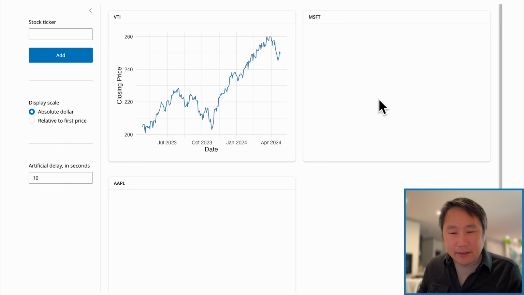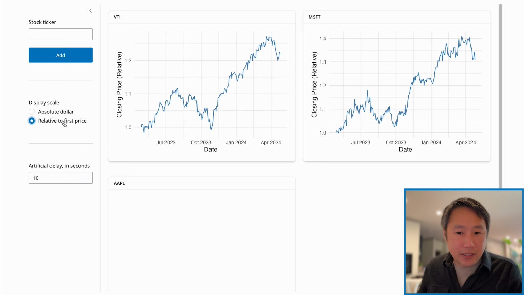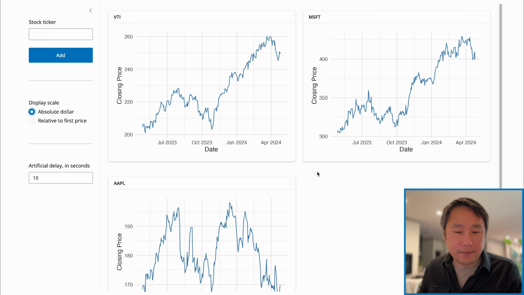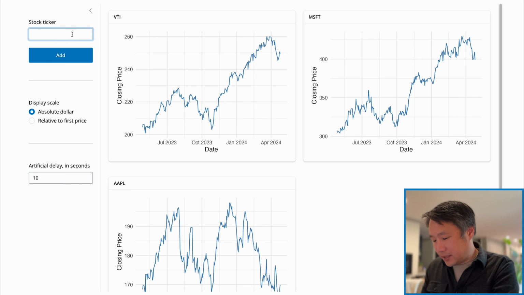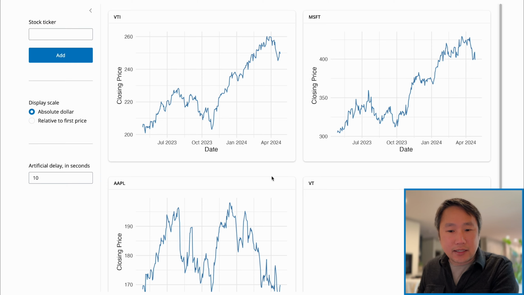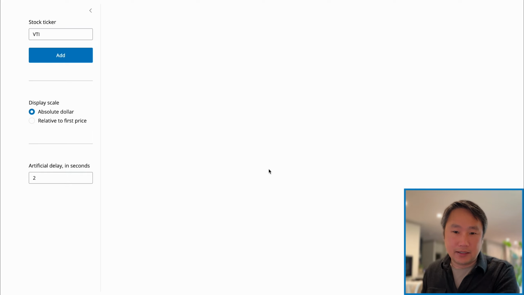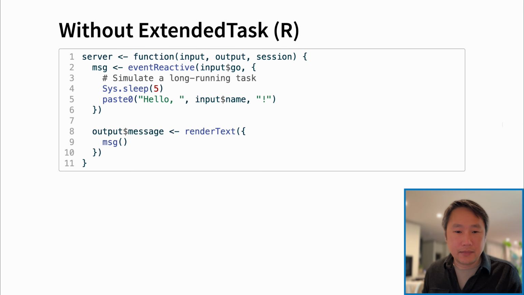And what's nice is that even while this is loading, I can play with some of these controls, and you can see it's changing my plots very quickly. And it also means that if I am stuck doing a long-running operation, it doesn't stop a reload from working, meaning it doesn't stop other sessions from arriving and doing their own thing while this long-running operation is happening for a particular user. So a much, much nicer experience.